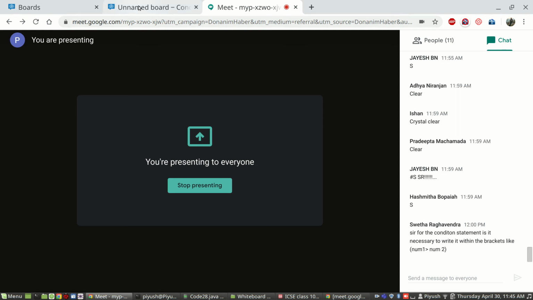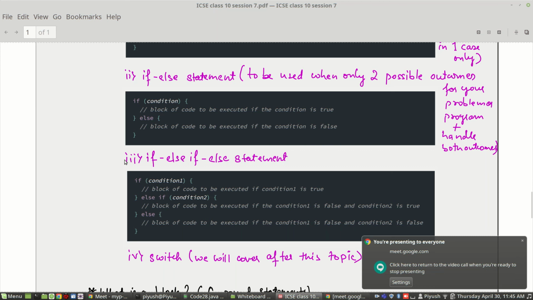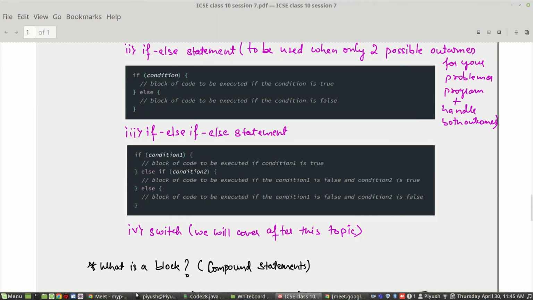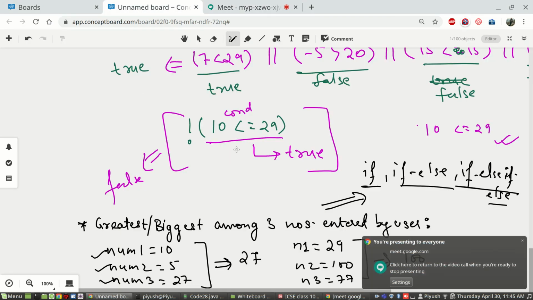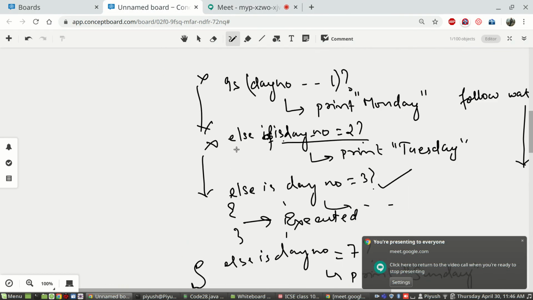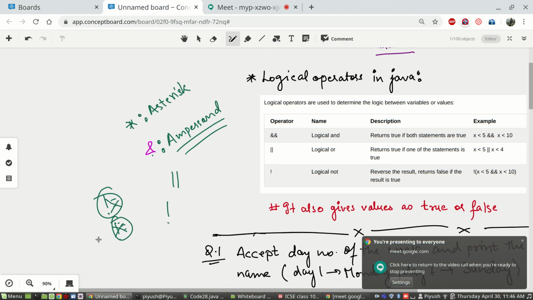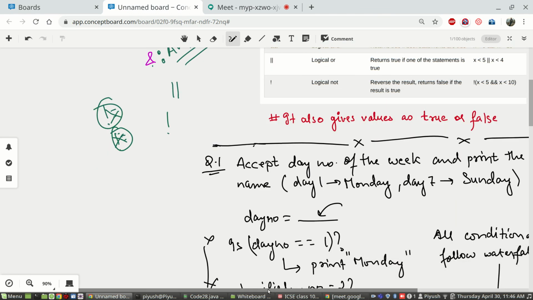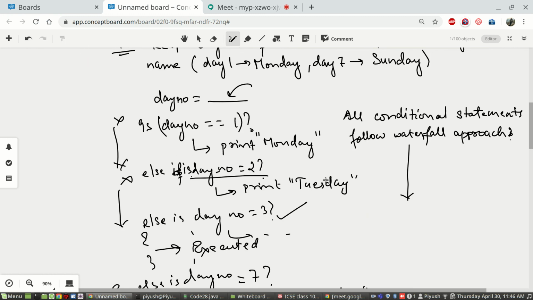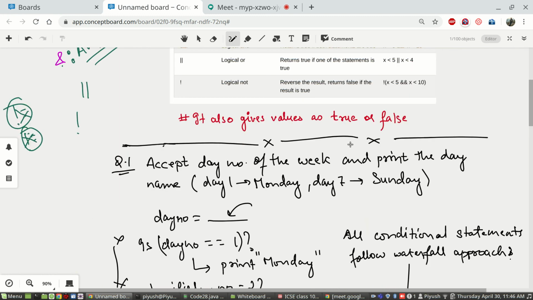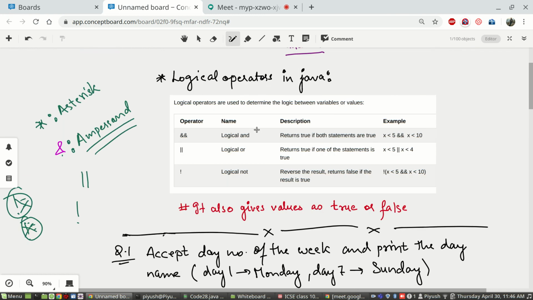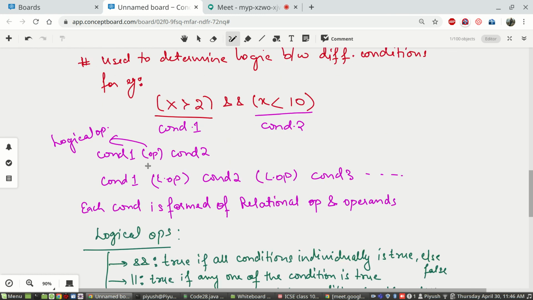Okay, so what I am saying is, today we further explored the if else statement part. Along with that, we also covered what are known as logical operators, along with examples and the explanation and the different rules followed for returning true and false in the case of the logical OR condition and the logical AND condition.